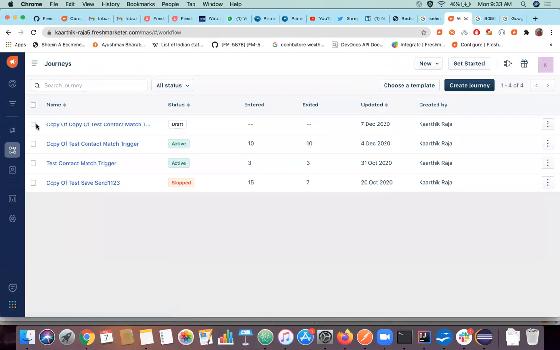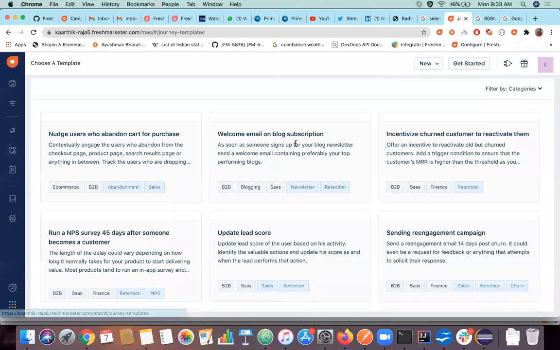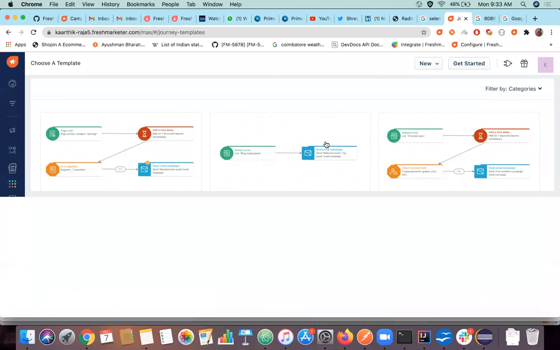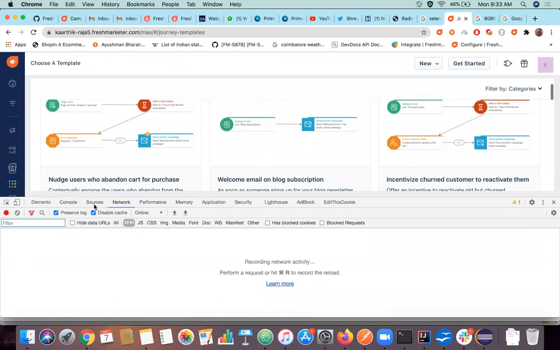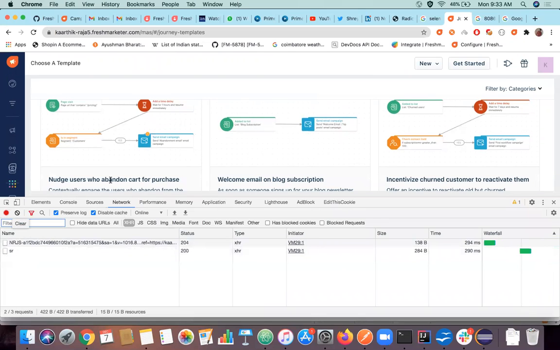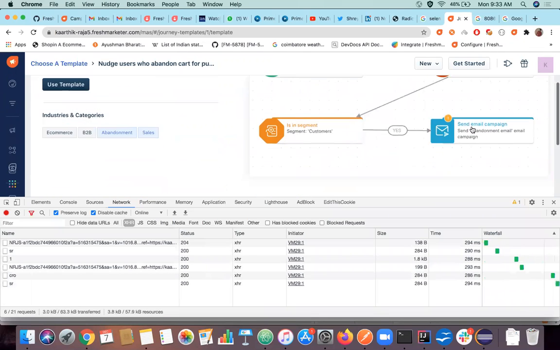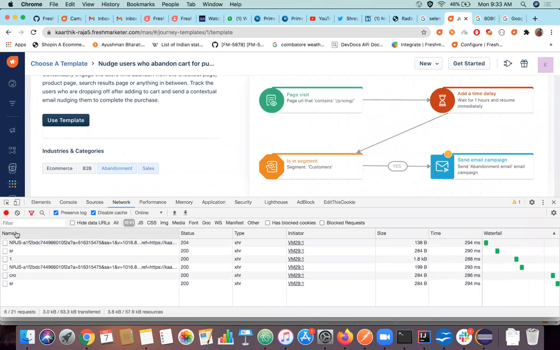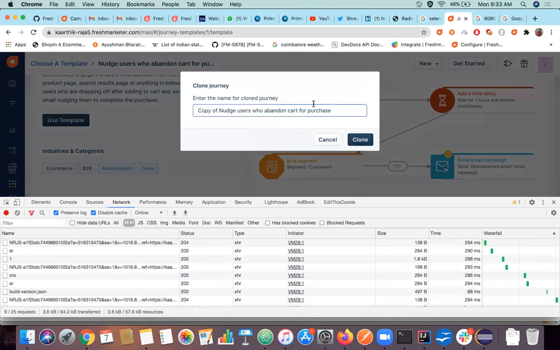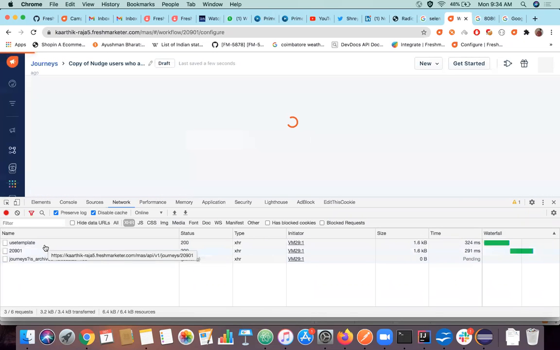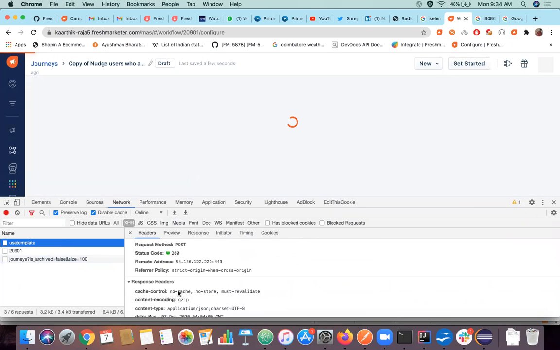The other thing is that we have something called choose a template, right? We have default templates that are available. If you see this in the network tab, let's say I want this particular template. This is the layout of the template. If I click use template and give a name, and say okay, then some API call is going, a use template API call. So if you see this,